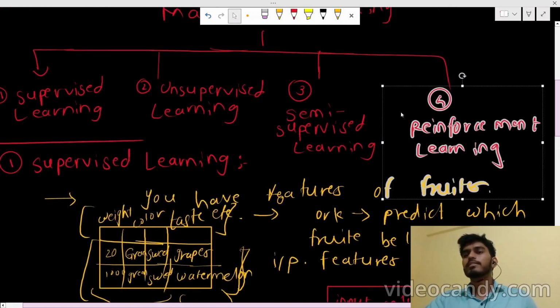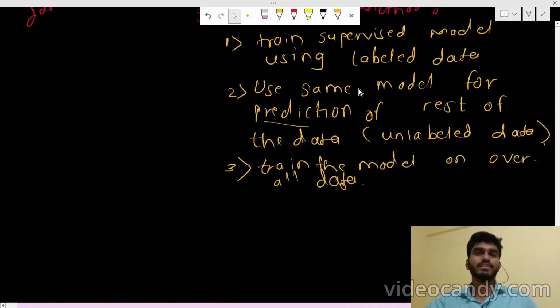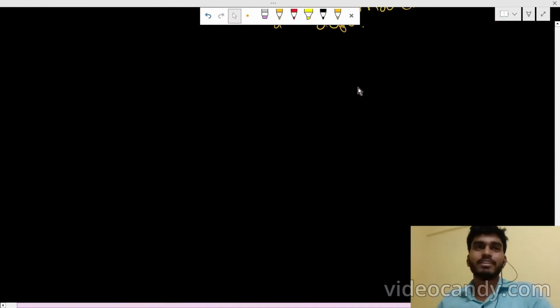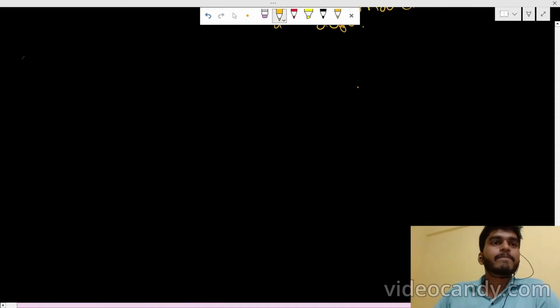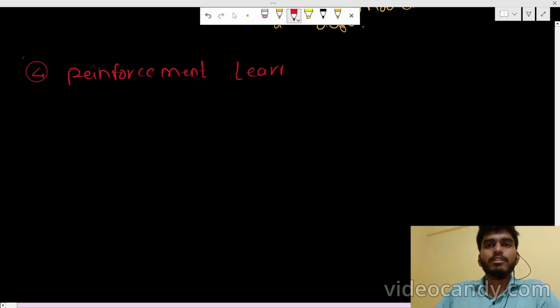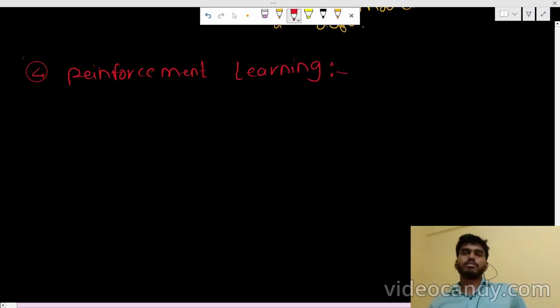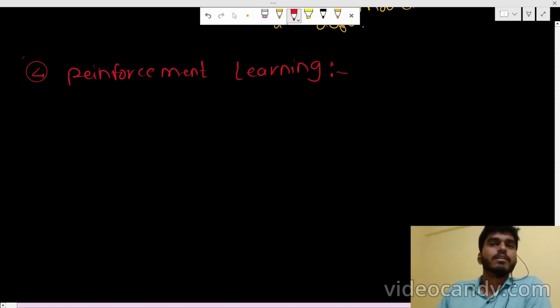now let's see reinforcement learning. This is a very exciting thing. I love reinforcement learning. The fourth one, reinforcement learning. So before diving into the technical part, let's understand this concept with one scenario, a real life example. Not exactly a real life example, but you can correlate that very easily with reinforcement learning.